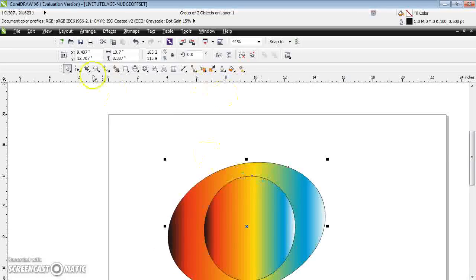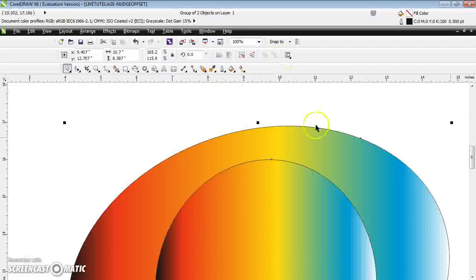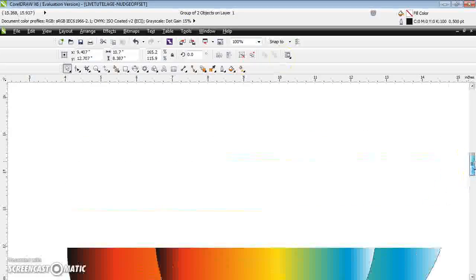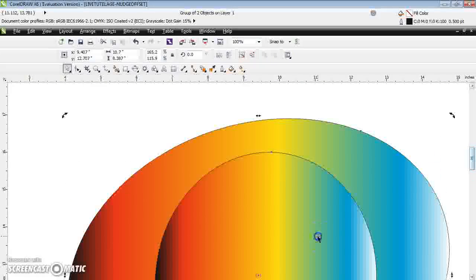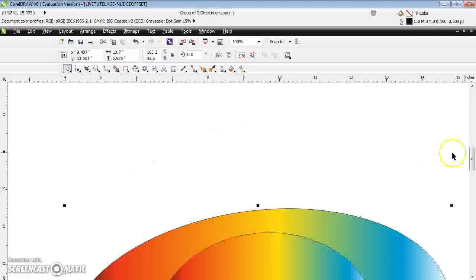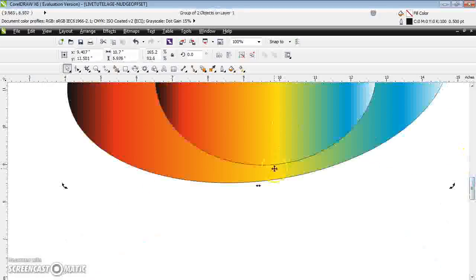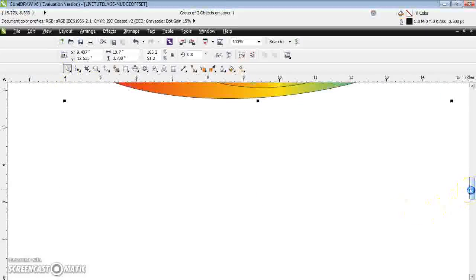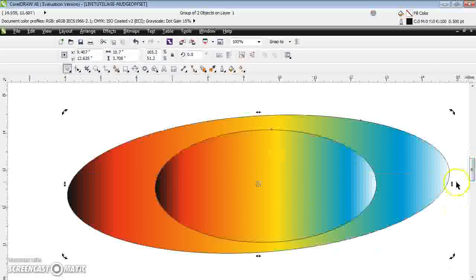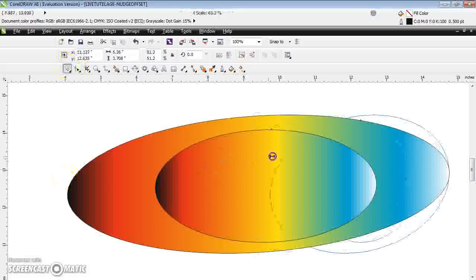If you want, you can even zoom the page, and this is your object. You can decrease your object size. Select the tool, select it and decrease your object.